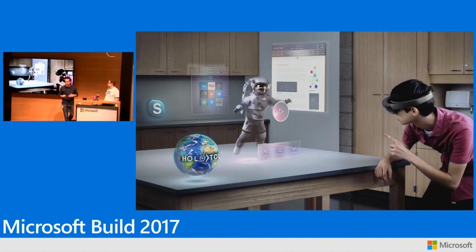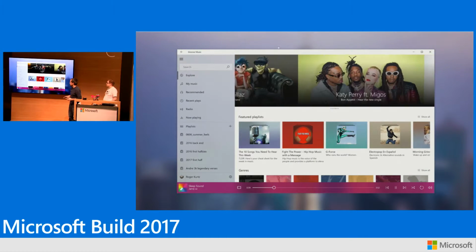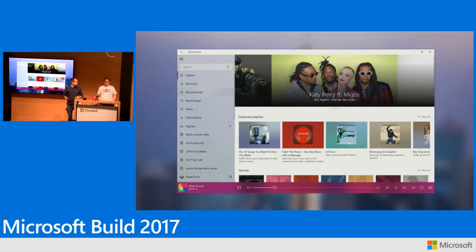Fluent Design brings this concept to our apps, and you can see how we're actually using it on top of